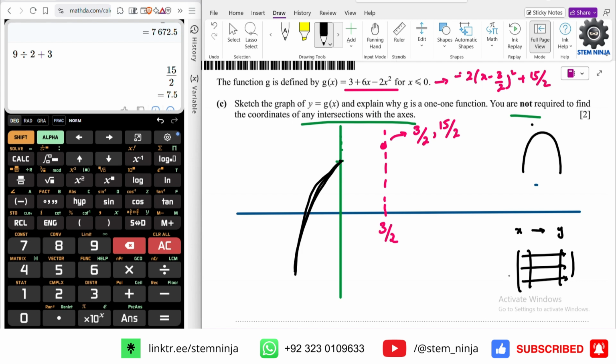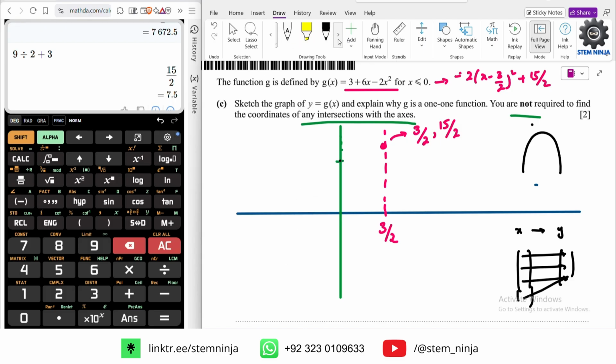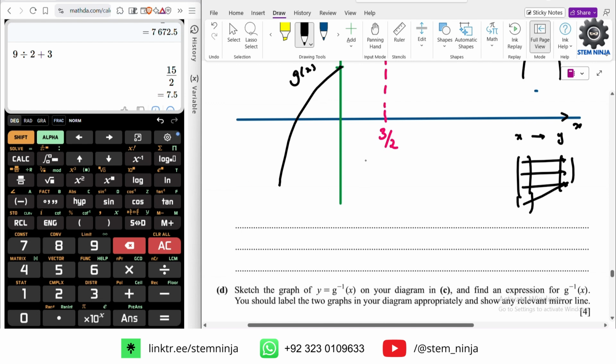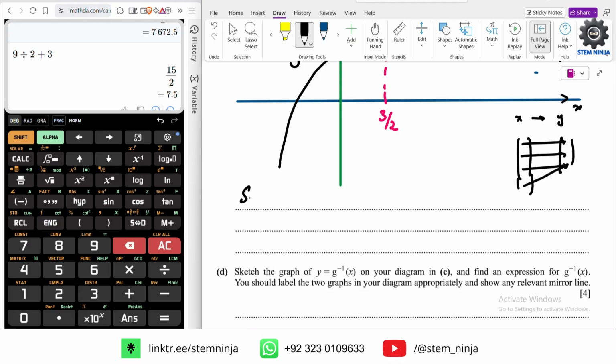So in a quadratic function that is not the case, because for multiple values of x you have the same value of y at times. So if you show it this way, actually let's make it slightly better. This would be this way. So this is your g of x. This is your y-axis. This is your x-axis. So basically there is no turning point over here. So the explanation is that there is no turning point. So since there is no turning point,